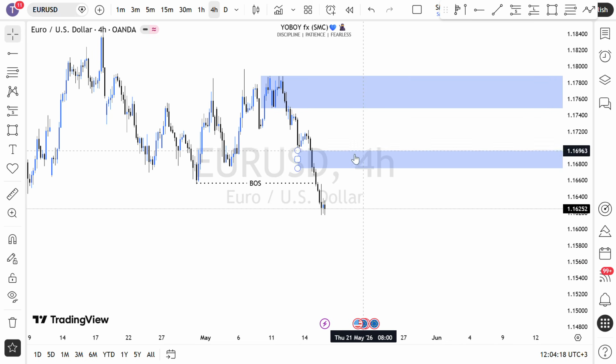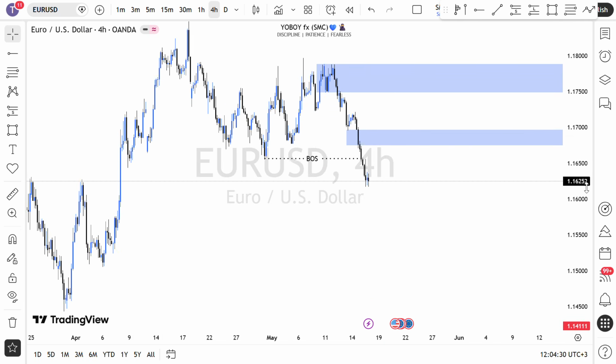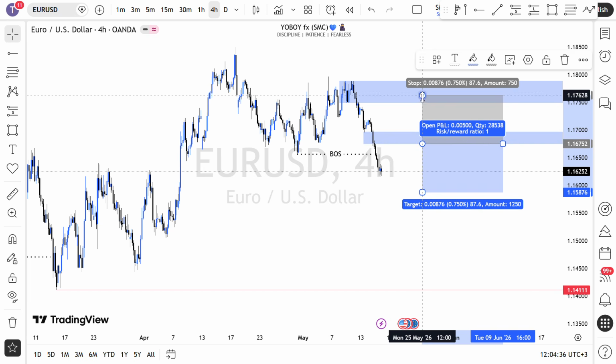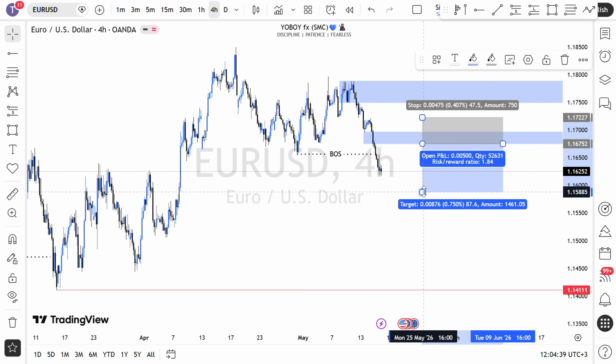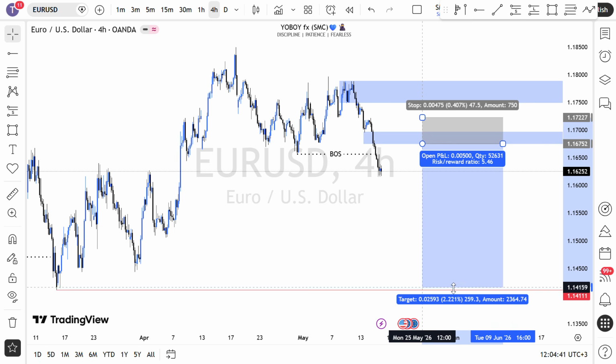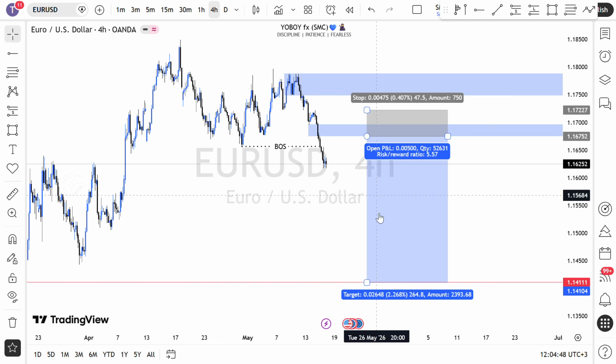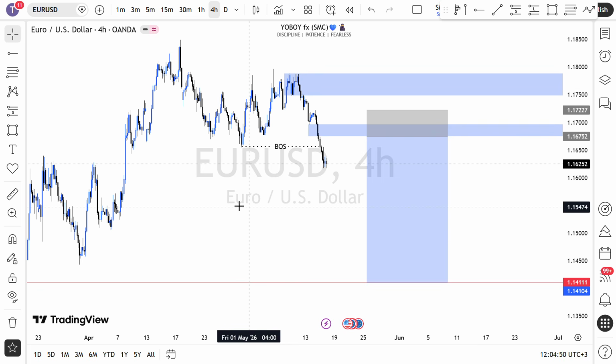But if price takes out this fair value gap and tries to come even higher, let us expect a reaction from this daily order block. So my view on Euro USD, I would want to take my sales from there, and then I look for that trade, a continuation trade entry from around that area, and then we target the external liquidity. So my view on Euro USD, I expect a pullback, and then we look to sell to the downside.